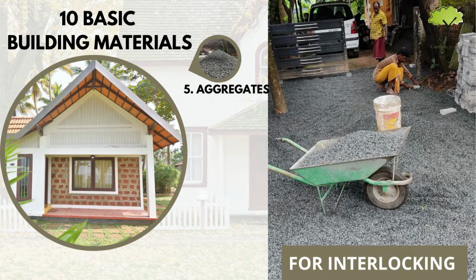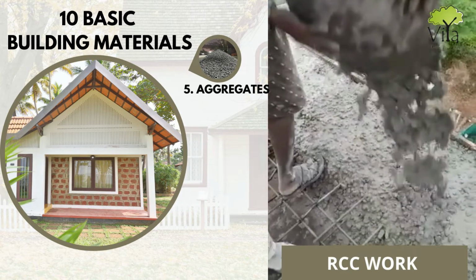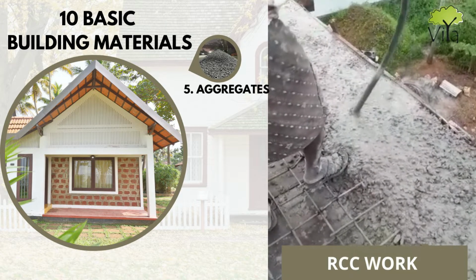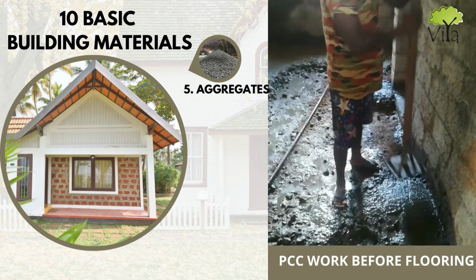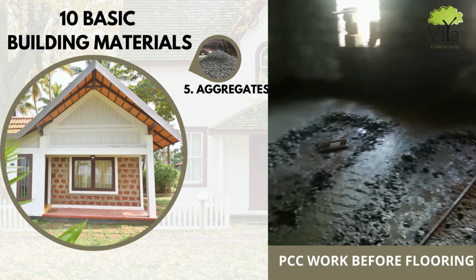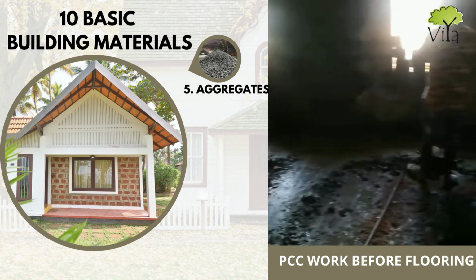For instance, the 4 mm aggregates are used for tarring purposes and landscaping. The 6 mm aggregates, also known as baby metal, are used for landscaping purposes, interlocking, etc. The 20 mm aggregates are used for RCC and 40 mm aggregates are used for the PCC work. Aggregates of size 4.75 mm or lower are considered as fine aggregates and the ones above 4.75 mm are known